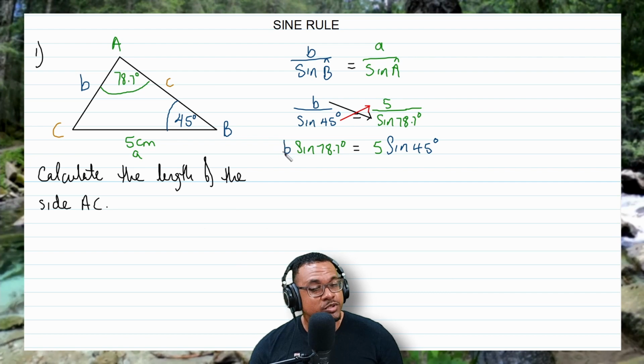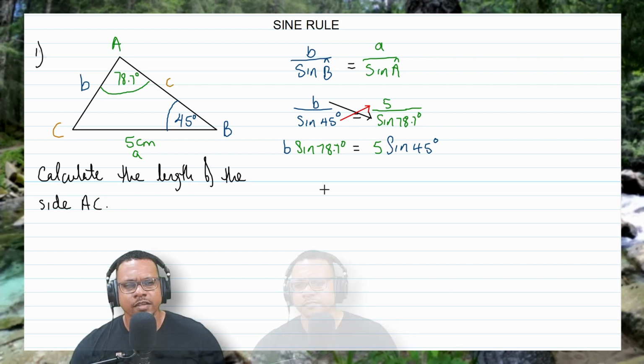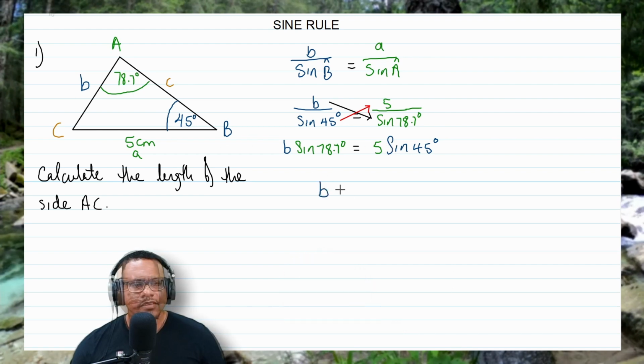So now this common B, which is what we're going to find, is being multiplied by sine 78.7 degrees. So I'll have to transfer the sine 78.7 degrees across the equal sign, and the operation will change from multiplication to division. So what I'm going to have is B is equal to 5 sine 45 degrees